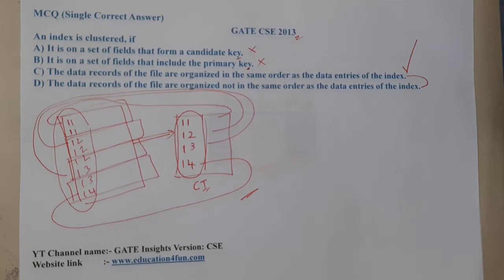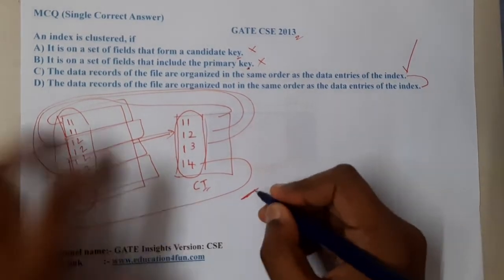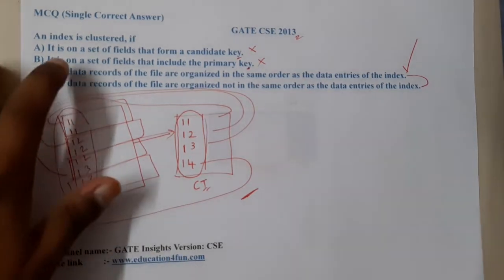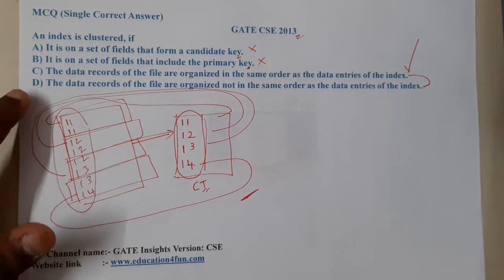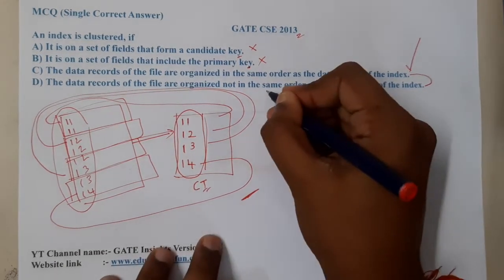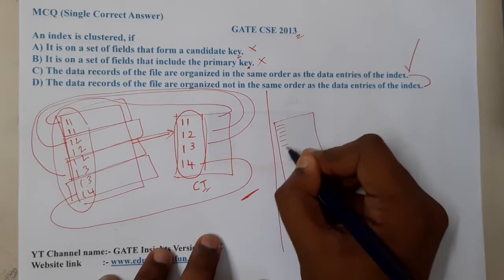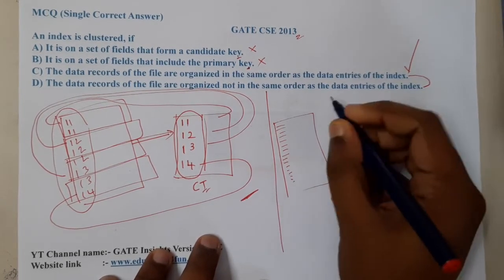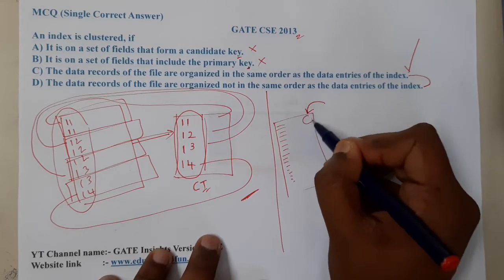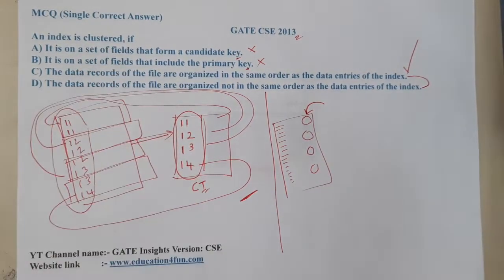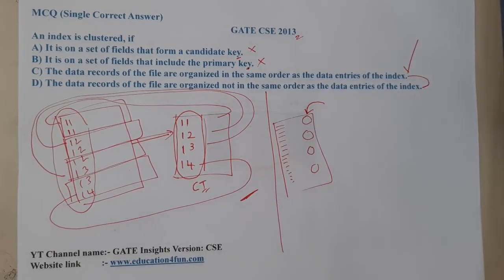If a particular table is indexed in a proper way, it will be in a sorted way. Remember that. If the question asked about secondary indexing, then D would be the correct answer, because in secondary indexing the table has already been sorted in a particular order, but now you want to sort it based on some other parameter which is not in sorted order. That is why, if you select secondary indexing, it will not be in the same order.